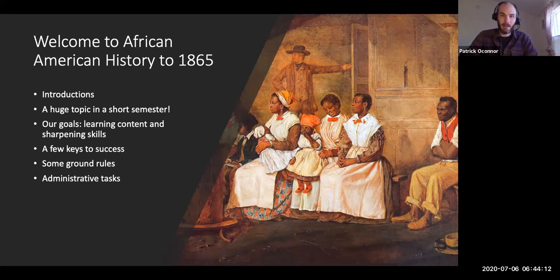At the same time, because this is only a 6-week course, it does need to be a priority in your life. It's not going to work if this is something that you're doing on the side while you focus on other stuff. So move it to the front burner, bite the bullet, as they say, and in 6 weeks, you will have a great grade and you will have learned a lot of new things and the course will be over. But it's going to be a challenge. This is an intense way to take a college course.